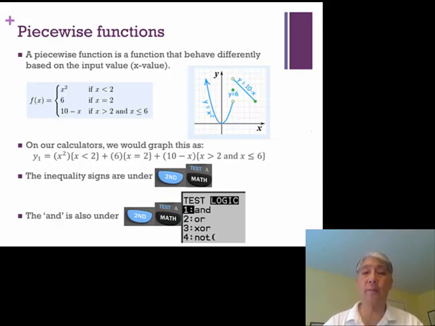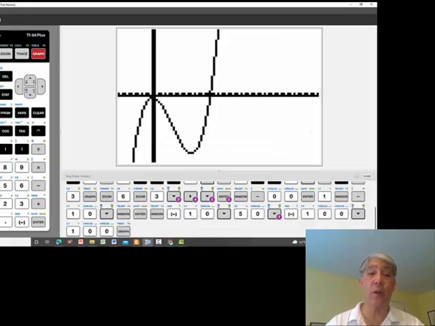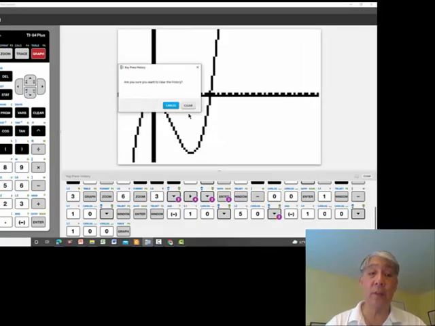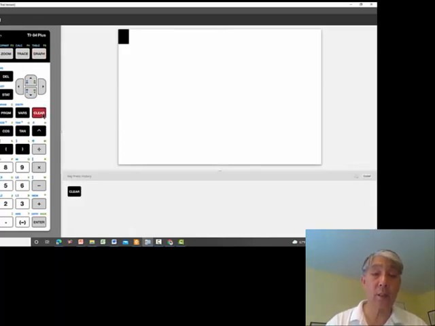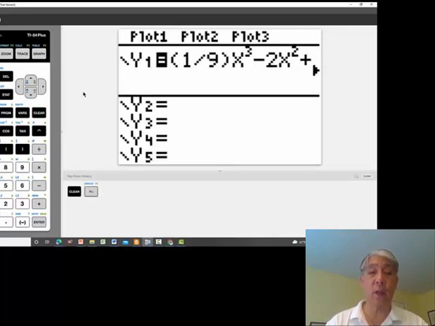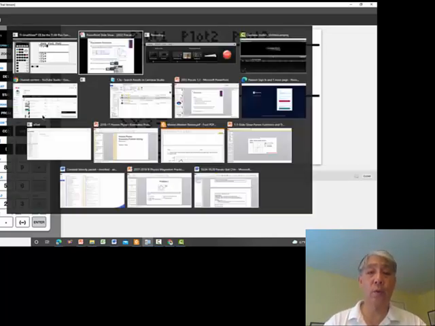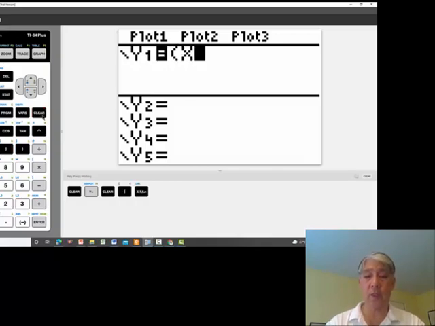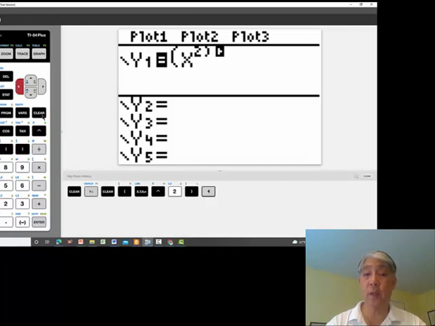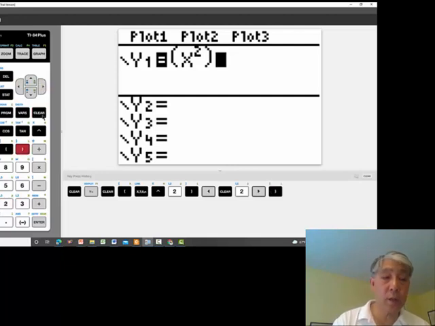So pulling up the simulator, here we are. Let's clear what we have here. Clear that, and clear that. If we go to here, we'll clear that one as well. So going to this picture, we're going to graph y is equal to parentheses x squared, curly brackets x less than 2. So parentheses x squared, close parenthesis, and then curly bracket, which is under second parenthesis,